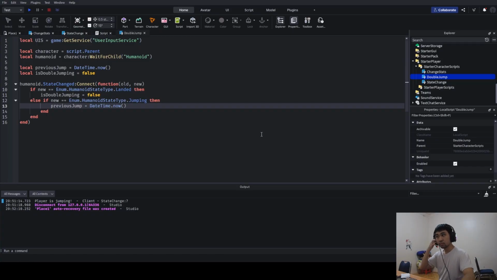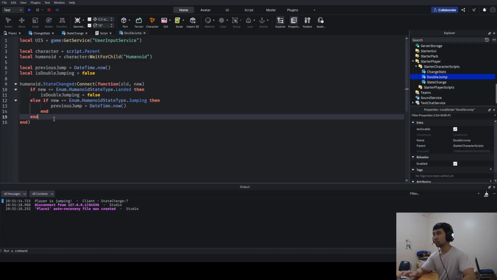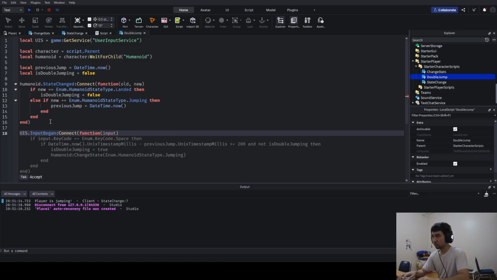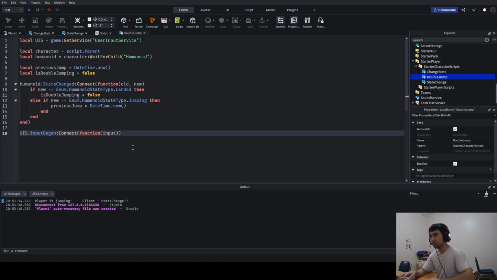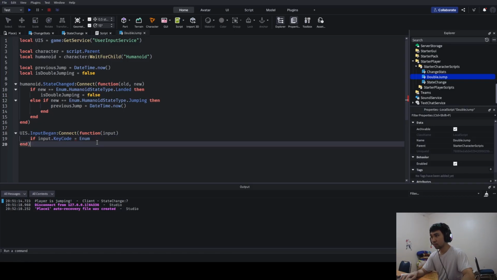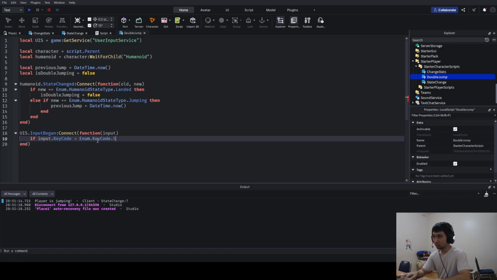So we're going to be jumping down. Then we're going to basically detect whether we are going to be double jumping